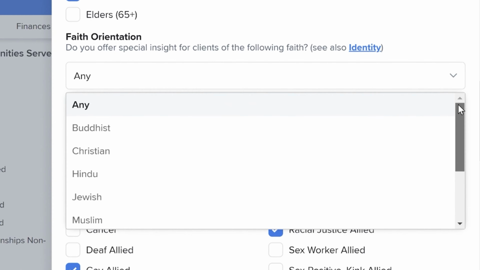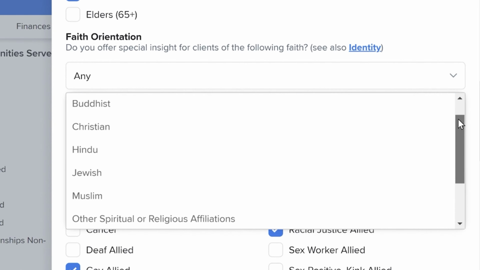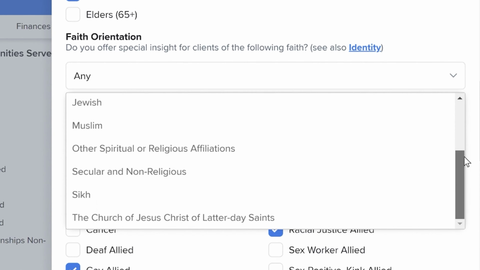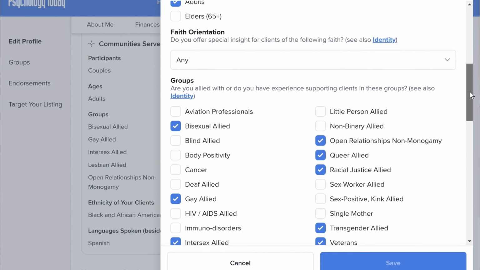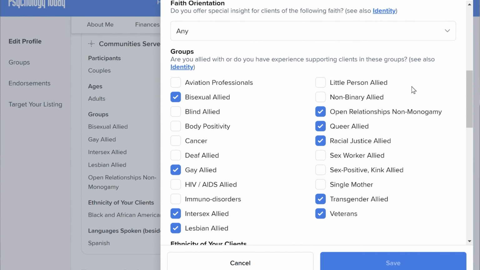The faiths you can choose from include Buddhist, Christian, Hindu, Jewish, Muslim, other spiritual or religious affiliations, secular or non-religious, Sikh, and the Church of Jesus Christ and Latter-day Saints. The fourth section is called Groups, and there are a list of 21 different groups that clients may associate themselves with, by which you can then select the ones that you are allied with or have experience in supporting such